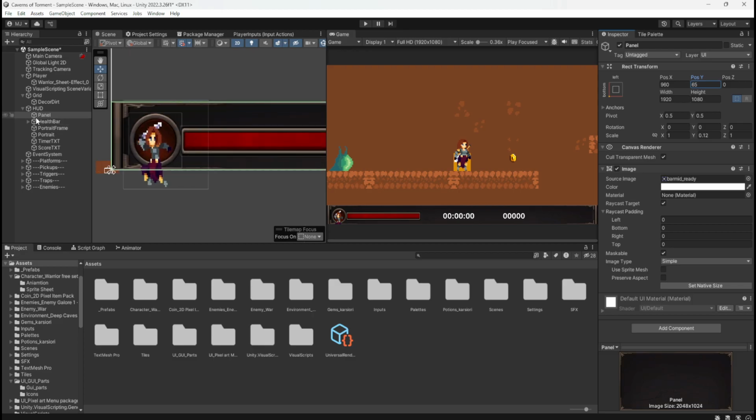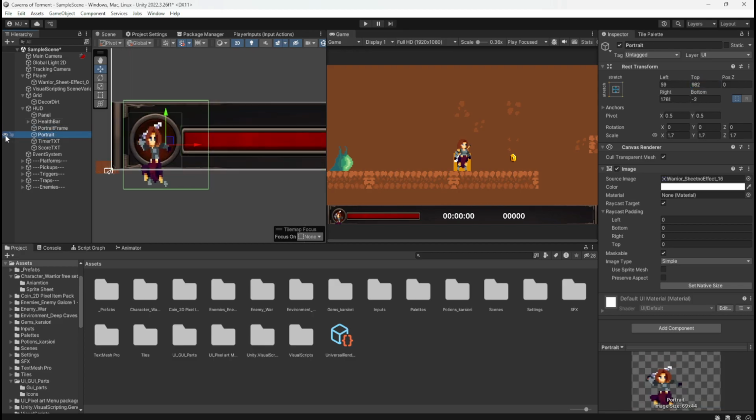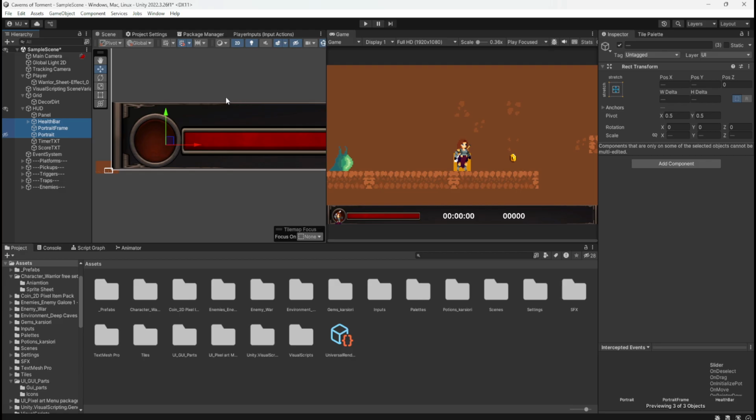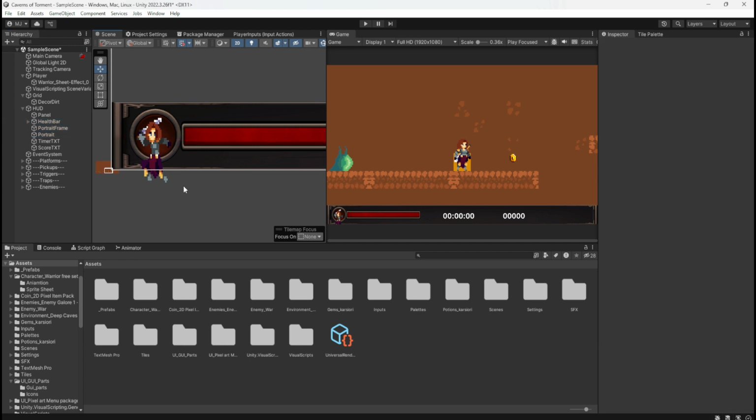And then if we hide the portrait. Ooh, okay. We can move that up so it's more in line with the panel. There we go. And then turn her back on. Save that.